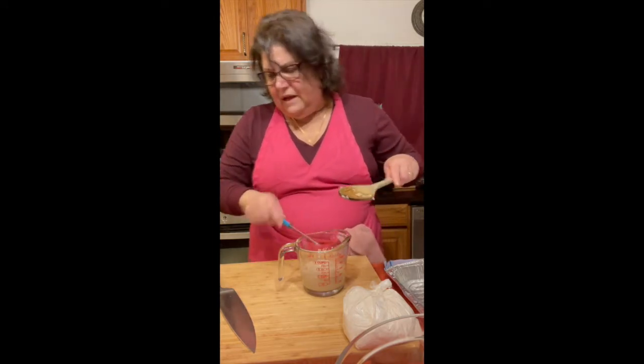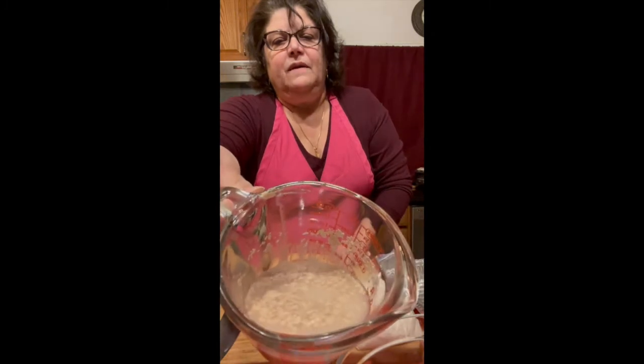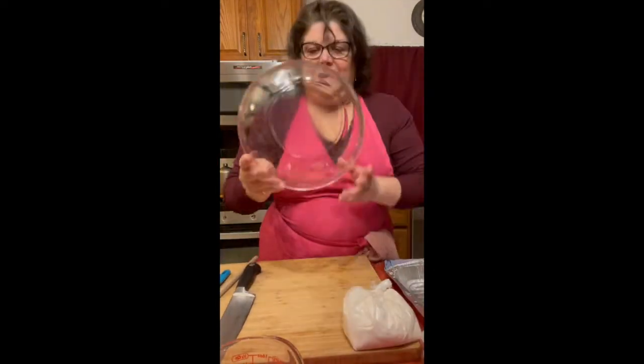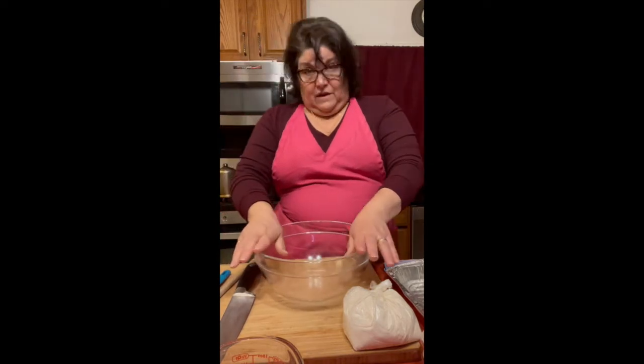So once you put it in, it really starts bubbling up right away. Not like bubble, but you could see it. It's starting to get aerated right away. And it's going to start to grow. So we're going to put that to the side just for a little bit, and we are going to move on to the next part,